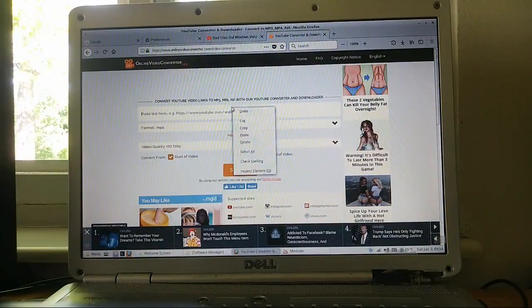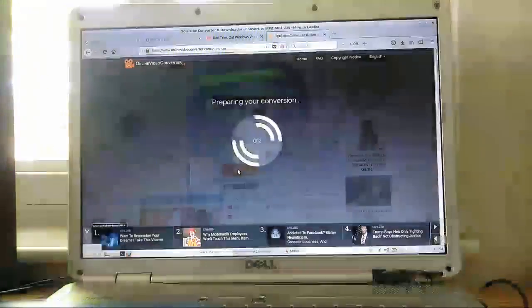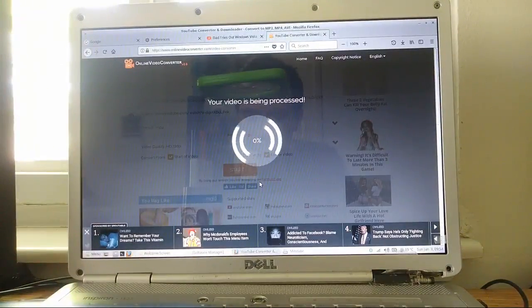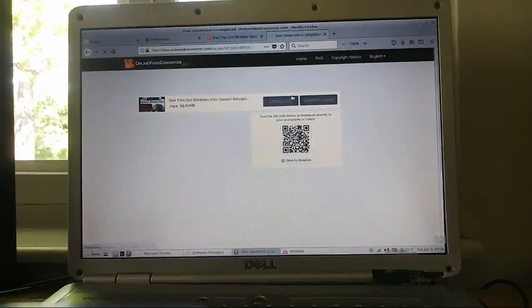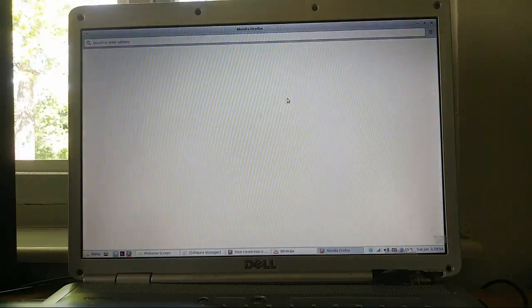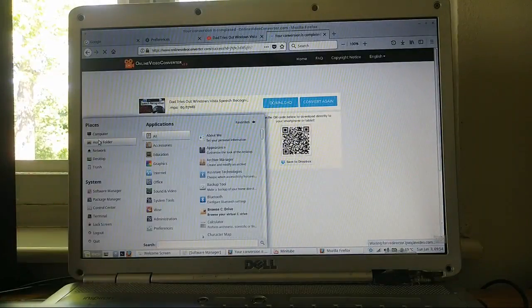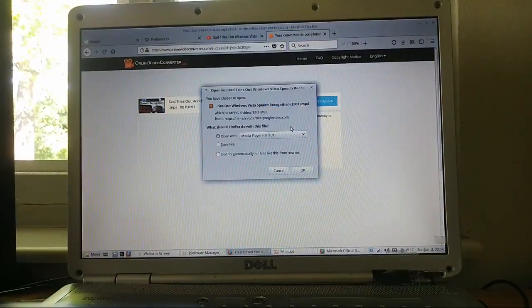Oh, that might help. So I recommend if you want to get free music, just use this. And I can just download it. Now this is a 12 gig partition, so